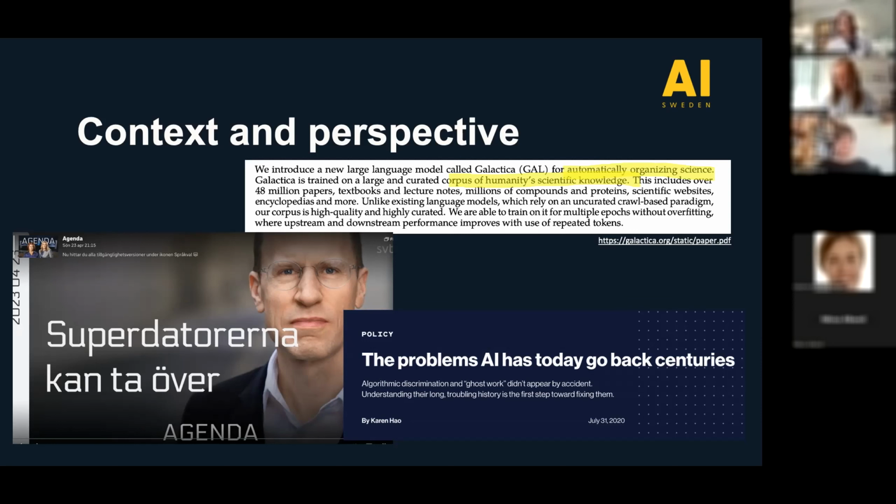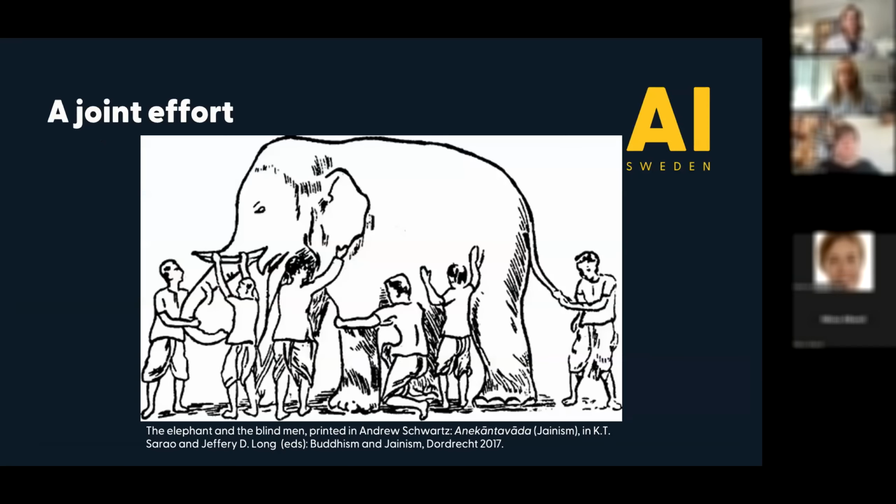Another field where I think historians really can contribute is breaking out of these dichotomous ideas of this is either good or bad, and contributing to a more nuanced debate where we focus on continuities. So not seeing AI as something completely new, but making visible the legacies, for example, from datafication, colonialism, surveillance, and so on. Because without knowing these things, it's really difficult to see how they continue in different forms in our future systems.